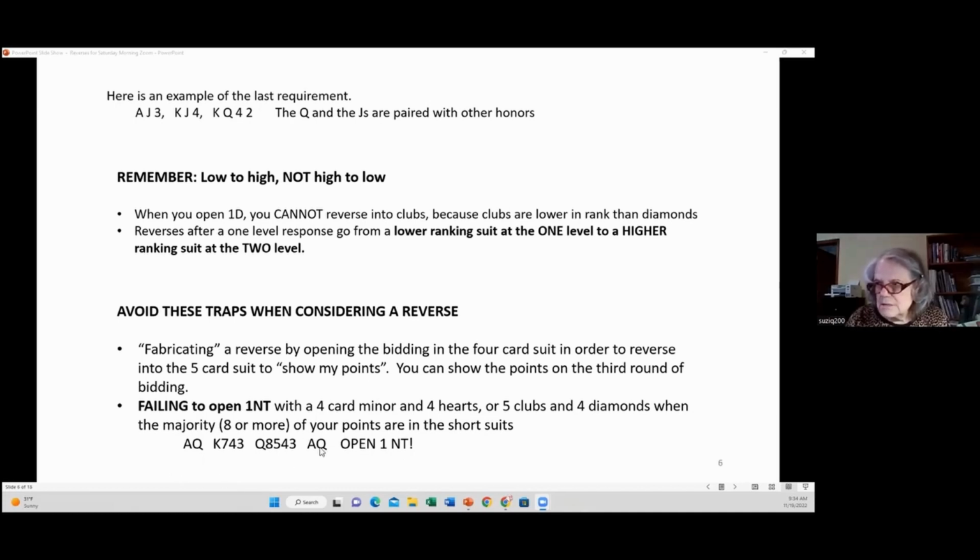This is a really, really good hand to open 1 no trump here. If partner has 4 hearts or 4 spades and enough points, he'll bid Stayman. You can still find a 4-4 heart fit. Now, it's possible with 17 points and a 5-card diamond suit and a 4-card heart suit...